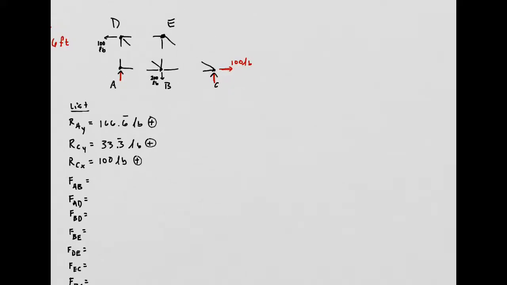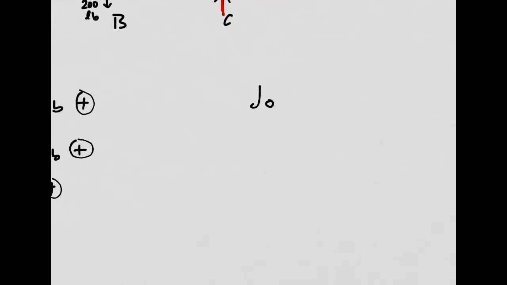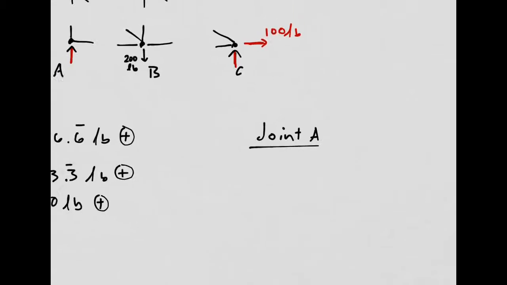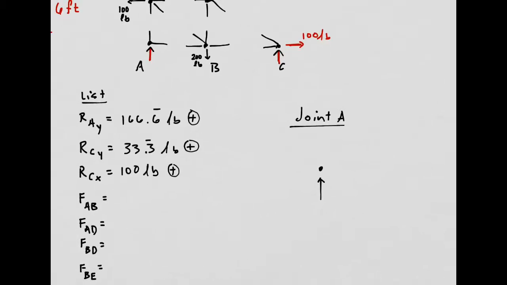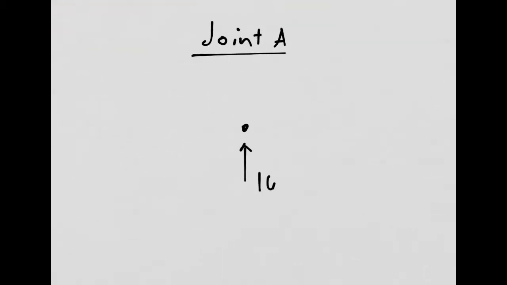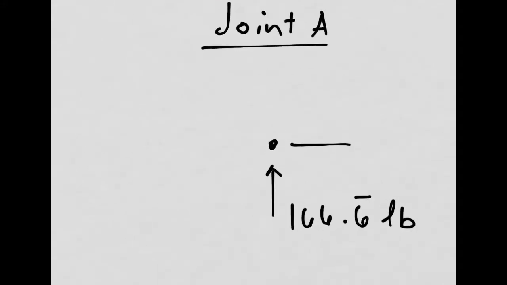I still have to look at the joints now. So I look at joint A and write joint A down. I have the reaction force at A, that we just decided, RAY, 166.6 pounds of force. That's a positive, and we have some kind of force this way, some kind of force